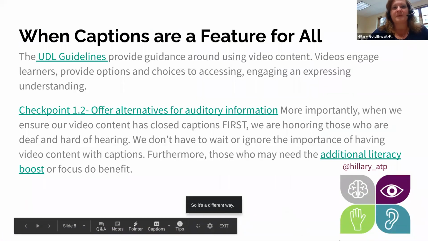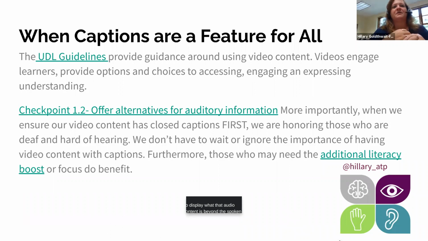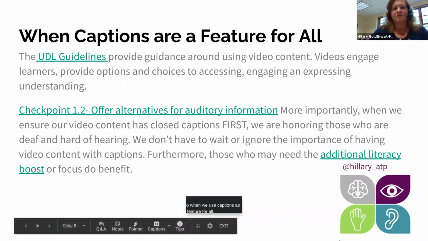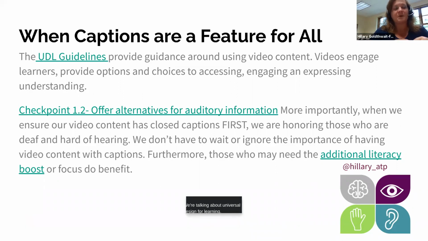So when we use captions as a feature for all, we're talking about universal design for learning. And universal design for learning is noted in Every Student Succeeds Act as one of the best practices for teachers in ways that our learners can access, engage, and express in their learning. And in the UDL guidelines specifically, they provide specific guidance around using video content and the ways that we can